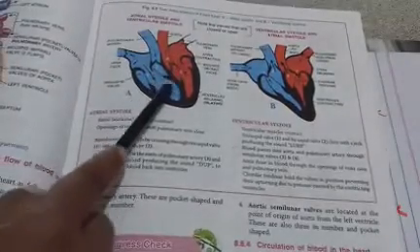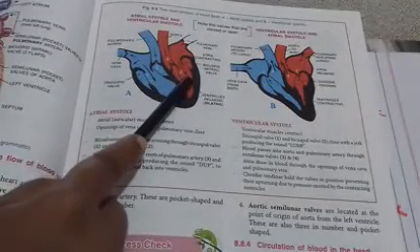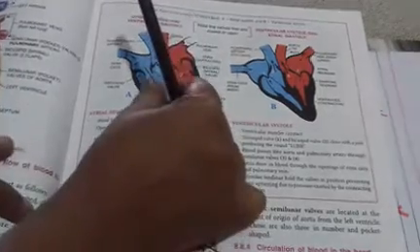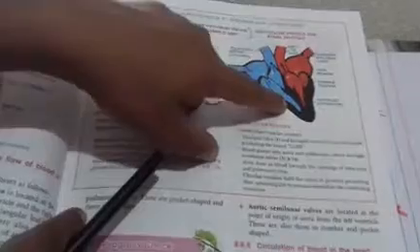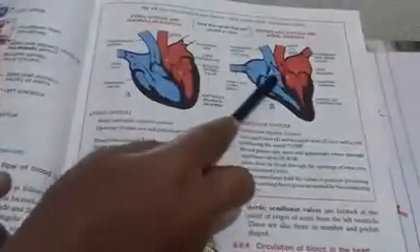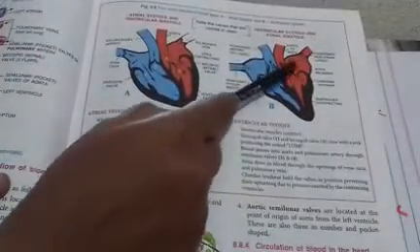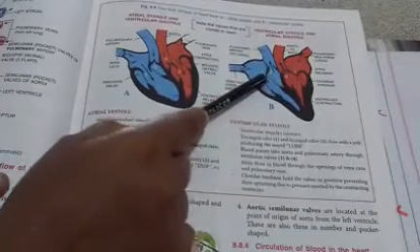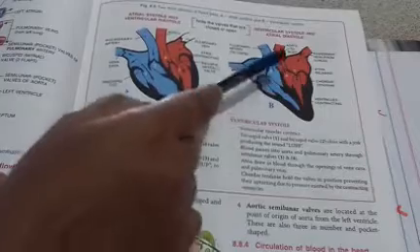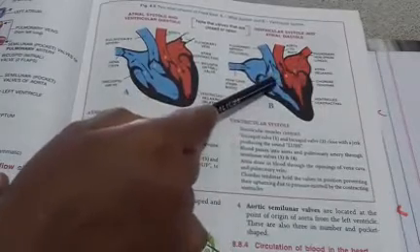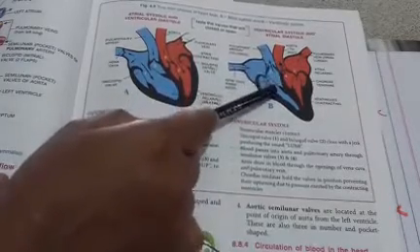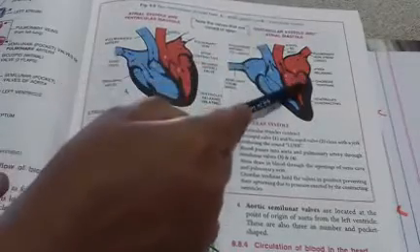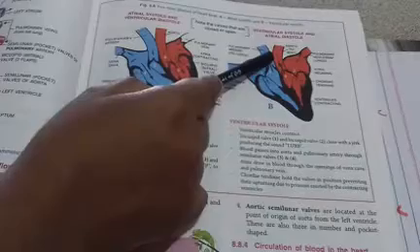The next phase is the ventricular contraction. Contraction is also known as systole. So the ventricles contract. When the ventricle contracts, during this time, the tricuspid and bicuspid valves are closed. That is very important. Okay, tricuspid and bicuspid valves are closed. So here, from the right ventricle the pulmonary artery arises, and from the left ventricle the aorta arises.